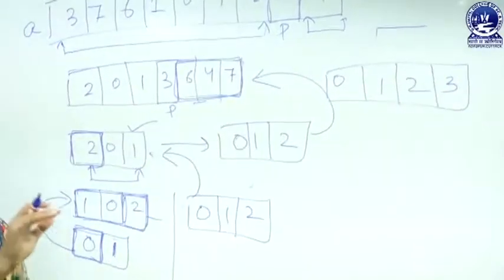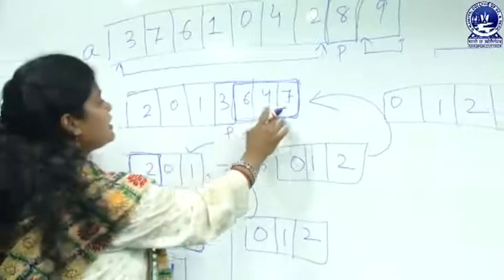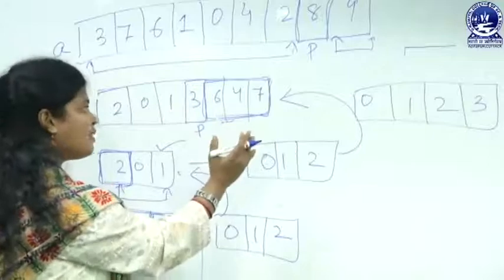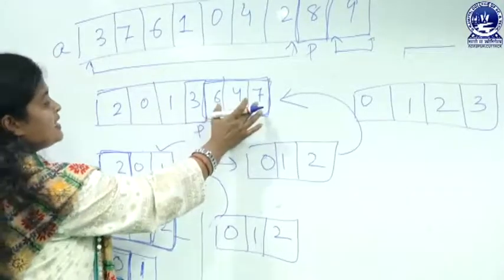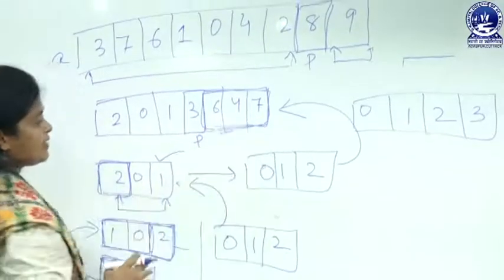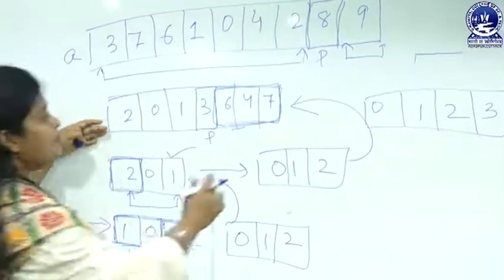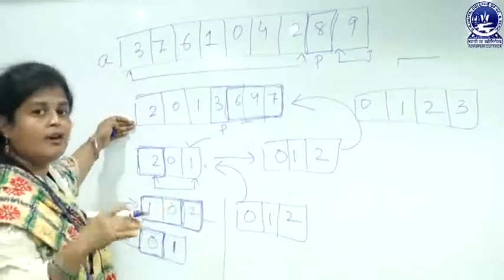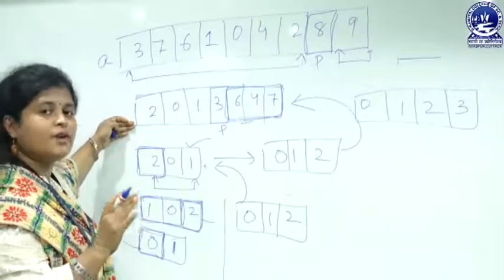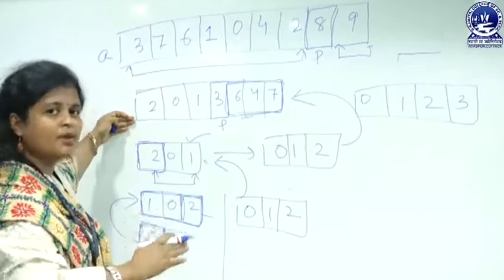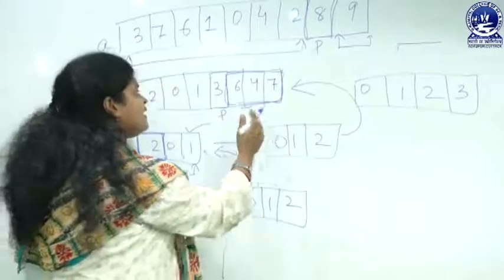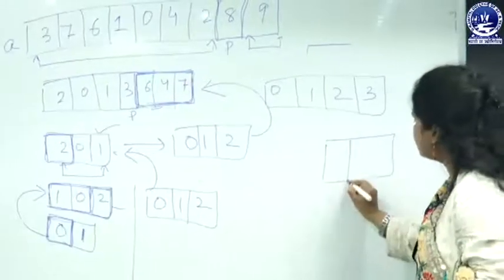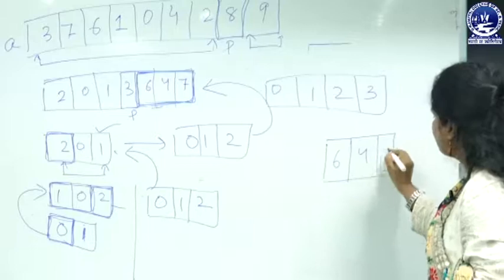Now, we will stop here because we have not considered the right part till now. So, from this point we will move to this area. In this point we are having one sub list in a sorted order and we have an unsorted list also. So, we will stop at the left side and we will move to the right side, and here the right side is 6, 4, 7. I am explaining here 6, 4 and 7.